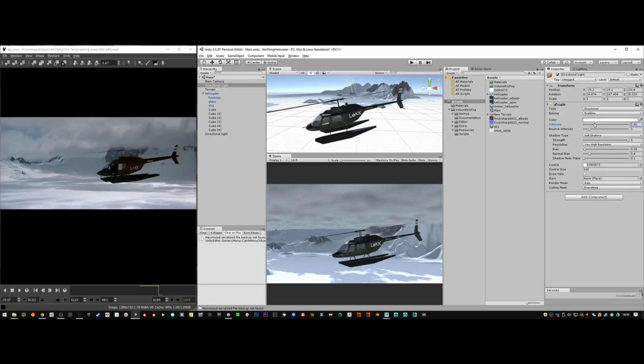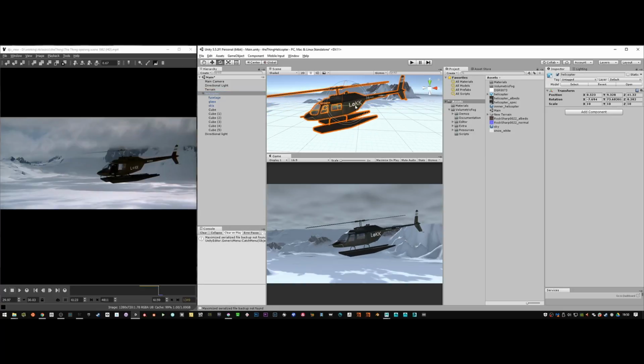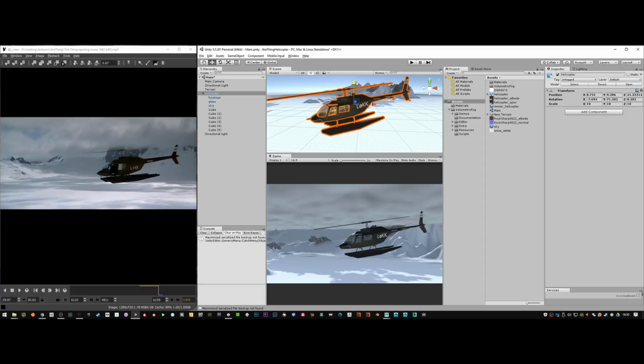It's a bit nicer, but maybe a bit much. There we go, it's a bit more balanced. Could raise our helicopter a little bit in frame, so the focus is more on the helicopter. And we'll save that. And it looks